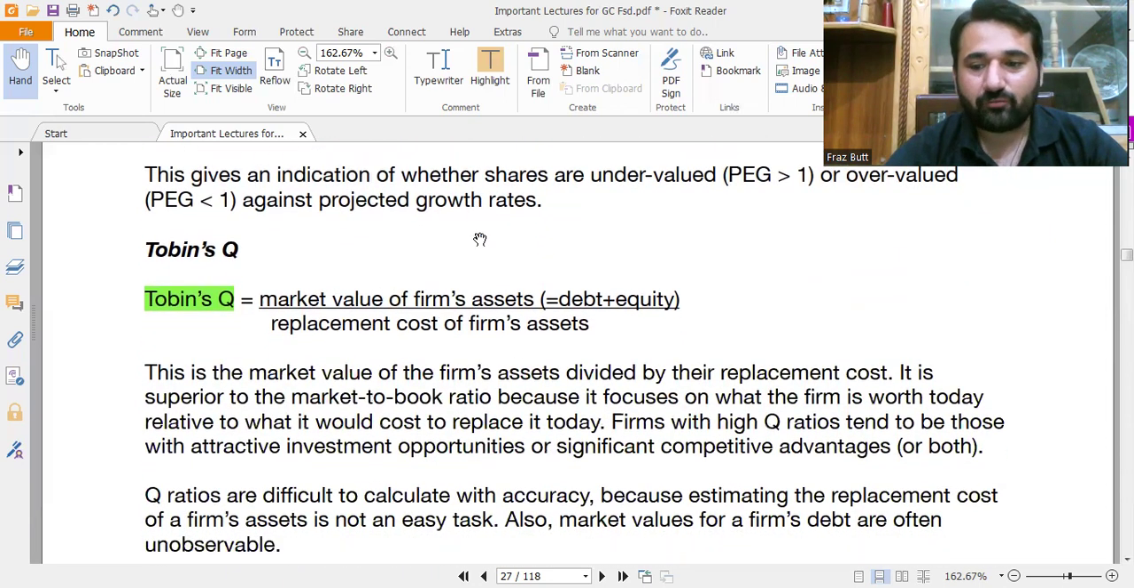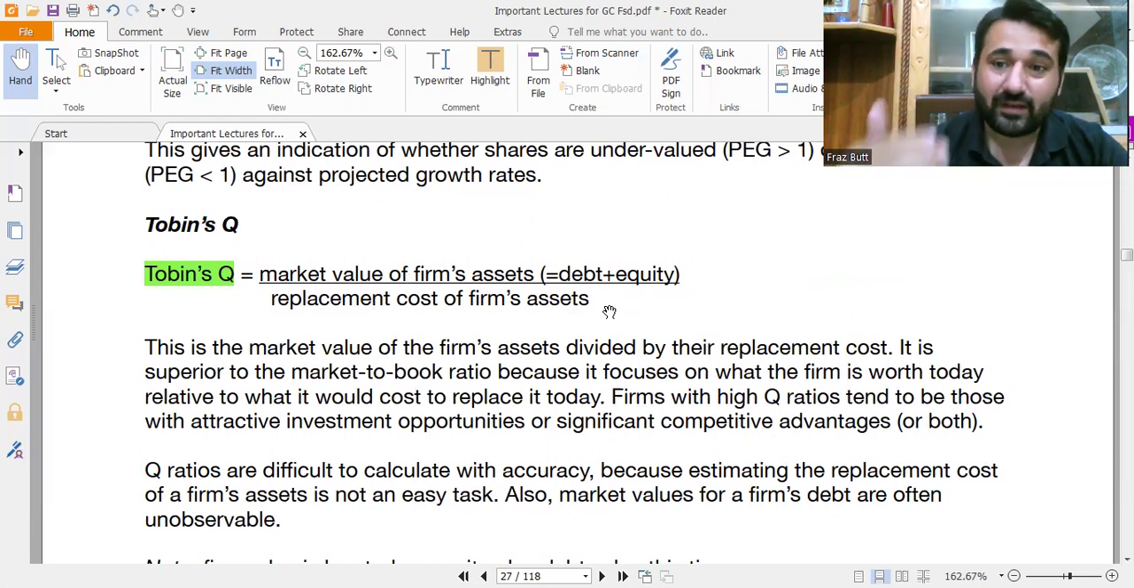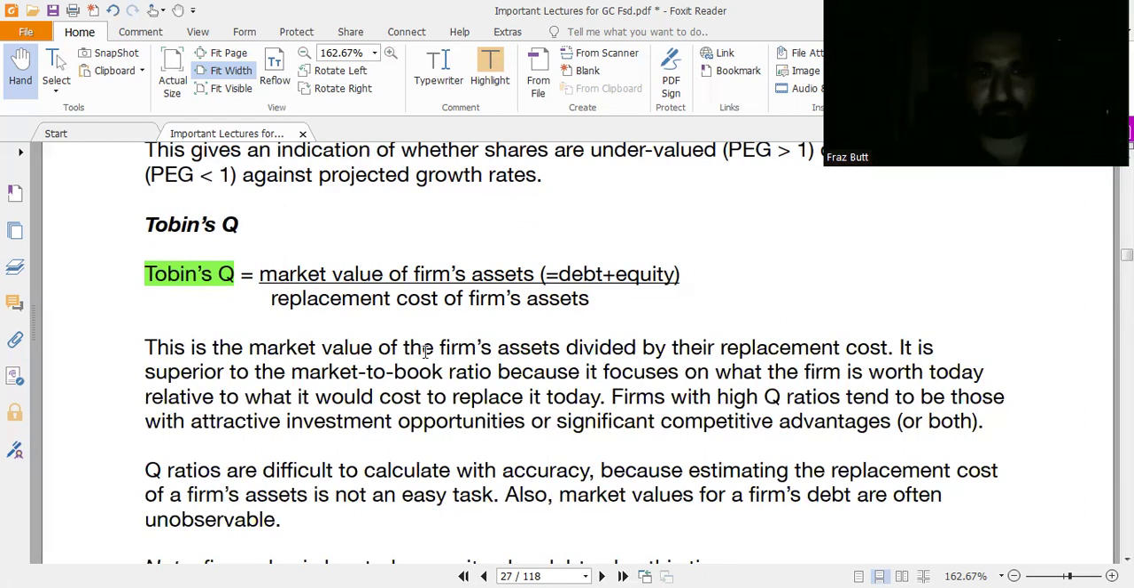Okay. The last one is Tobin's Q ratio. There is a formula for Tobin's Q. For Tobin's Q ratio, we need to know the market value of the firm's assets. We need to divide it by the replacement cost of the firm's assets. Replacement cost means if you need to replace that asset, what will be the cost for the replacement? This is the market value of the firm's